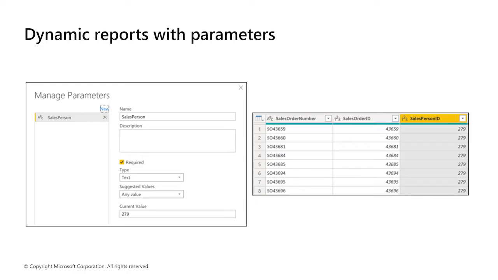By setting parameters, we can choose specific values we want to see in the report, and the report will automatically update and filter based on our selections. Imagine a sales analysis report. A use case for getting a parameter on the salesperson ID would be to enable personalized analysis for different salespersons. By creating a parameter for the salesperson ID, users can then select specific salespeople from the drop-down menu or a slicer in the Power BI report, and then the visuals will change.